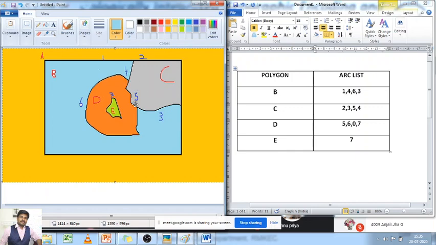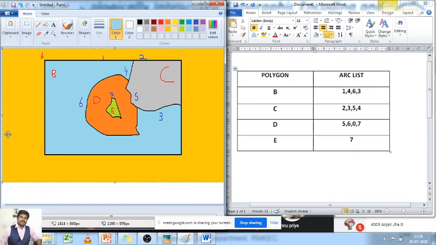So D, first of all, here it has been 5. Okay, so the area connected over here is 5, and then it's moving on to this structure. So this is 6. So 5 and 6 are the only components which was matched in the last example. Okay, but there is an island-like structure which is built inside the D itself. So that is also taken into consideration as 7. So the answer given is 5, 6 and 7. Correct. Okay, but one thing is, this complete area doesn't belong to D.